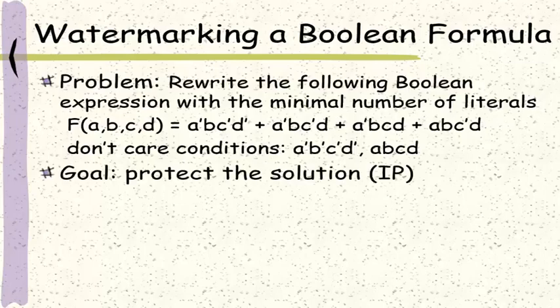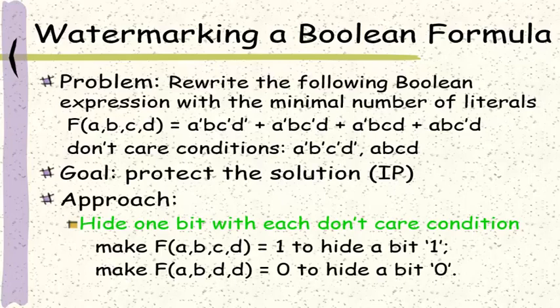Our goal is to protect the minimized formula, which is the design intellectual property in this case. The approach we use is to embed one bit of information behind each don't care condition. When we want to hide a bit 1, we force the formula to be 1 on the don't care condition. And when we want to hide a bit 0, we force the formula to be 0 on the don't care